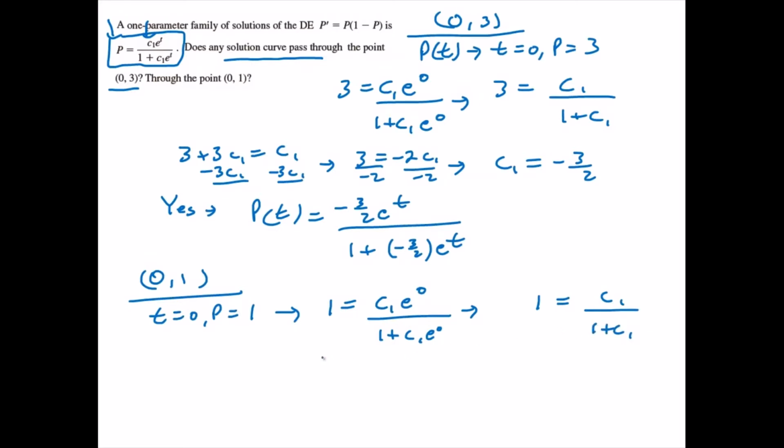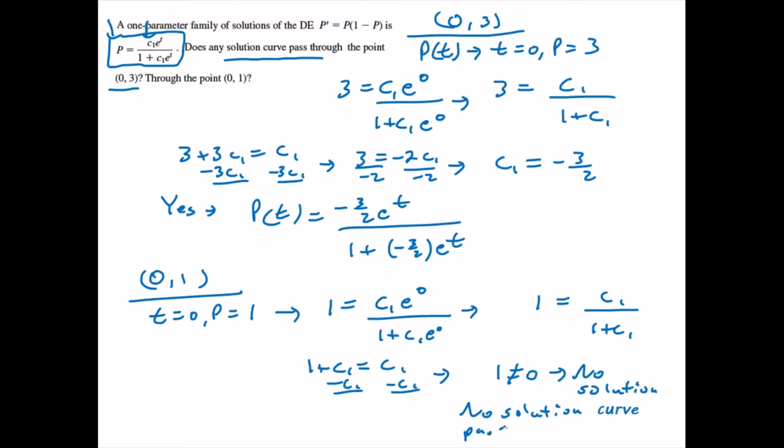And then cross multiplying will tell us that 1 plus c sub 1 will be equal to c sub 1. Now if we subtract c sub 1 from both sides of this equation, we get that 1 is equal to 0, and that's not the case. So this tells us that we have no solution. So in this case, there will be no solution curve passing through the point